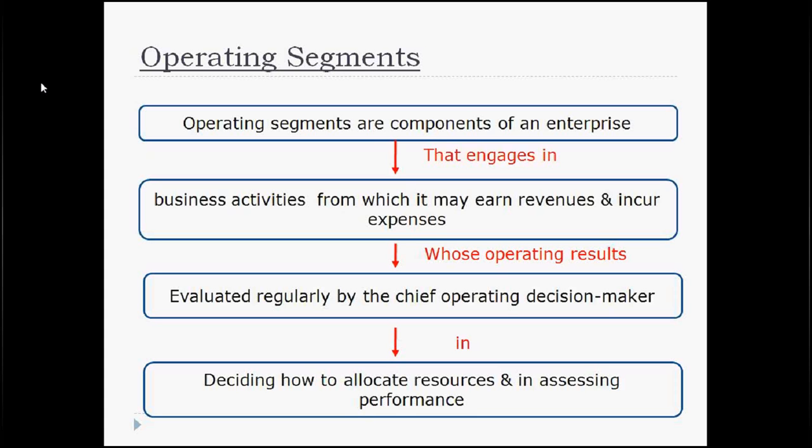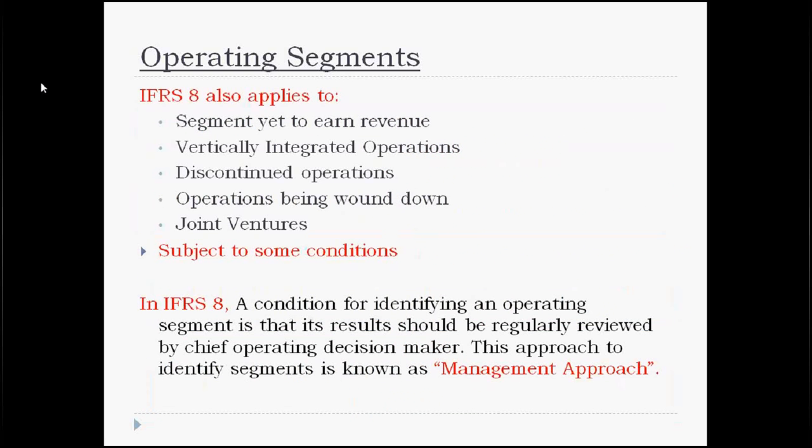But if I have a headquarters in Dubai, it may not give me revenue, but it may be helping in generating business, being in the central location of the world. I may be incurring expenses, and the results of the expenses there are being reviewed by the chief operating decision maker. It can be considered as an operating segment. It may not always happen that we consider an area an operating segment only when we earn revenues.